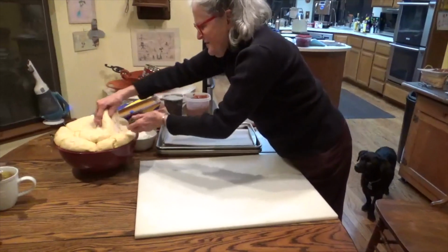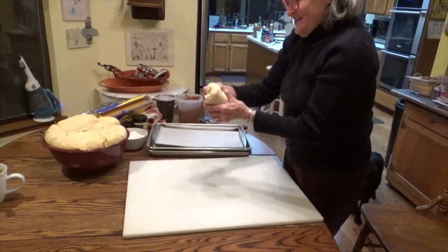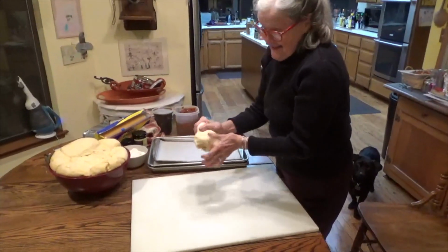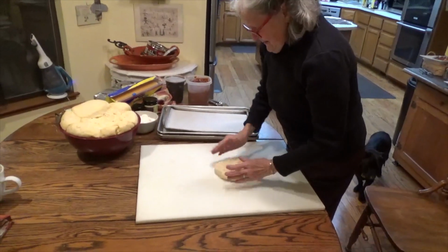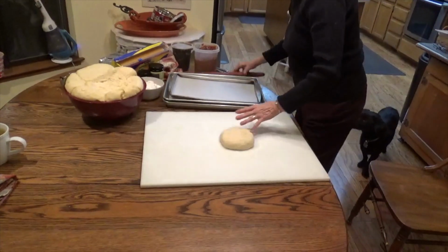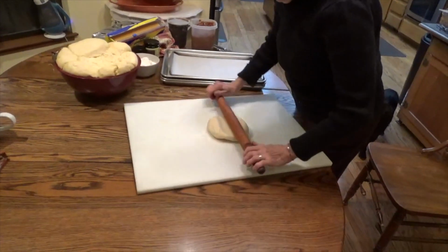Okay, this is the dough that we took out of the refrigerator. I really didn't expect it to rise quite that much, but it did. So this is like the third time it's risen. And I am going to pat it down, and I'm going to roll it out into a fairly thin